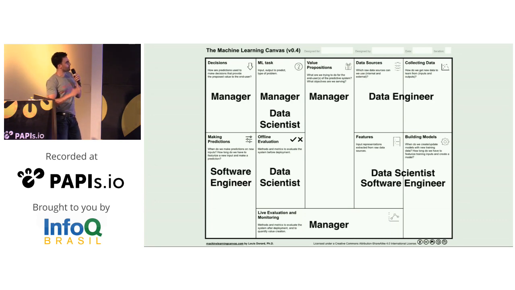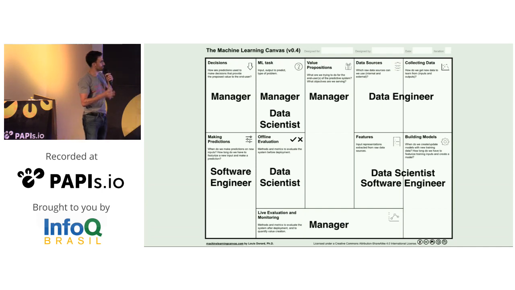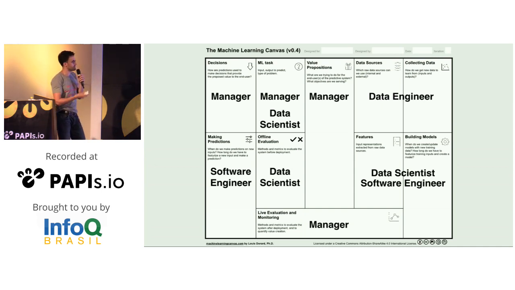Right, and another way to look at this canvas: I said that it's a good tool to get everyone on the same page and to get everyone to think about the same machine learning ideas. Depending on your role, there might be boxes where you should be more involved. The data scientist would be more involved in specifying the machine learning task, the features, and how often to build models, and maybe the software engineer should also be involved in determining the technical constraints for building models and also for making predictions.